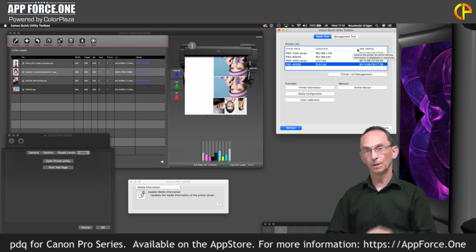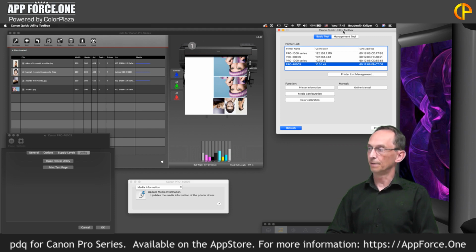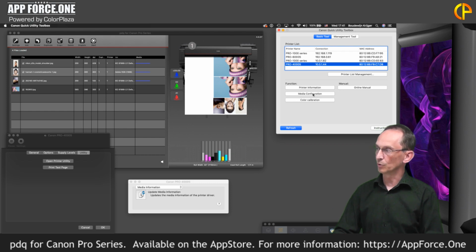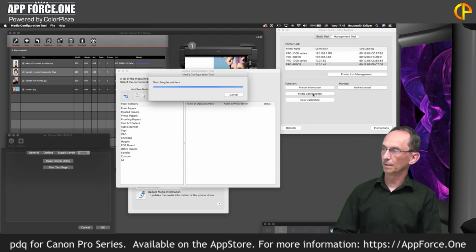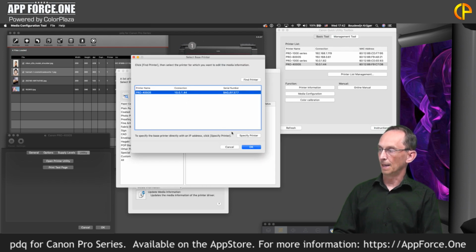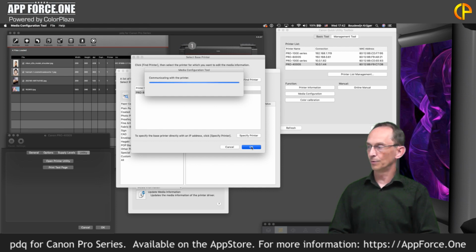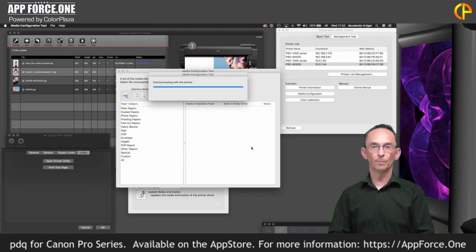So if you download the driver, there's an option for additional software, and one of them is the Canon Quick Utility Toolbox. And if you launch that, you can select your printer and you can do media configuration, which will bring up yet another interface, and I can say OK to that one, and it will talk to the printer and it will get all the possible